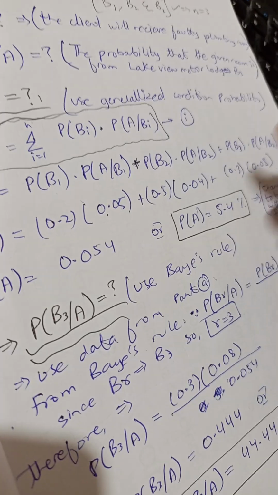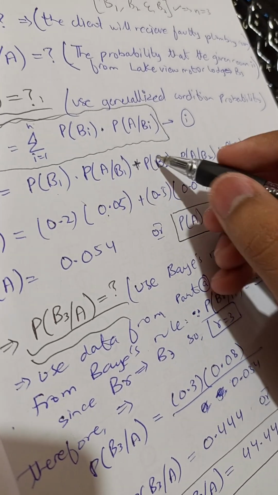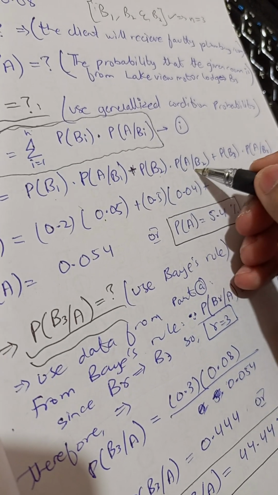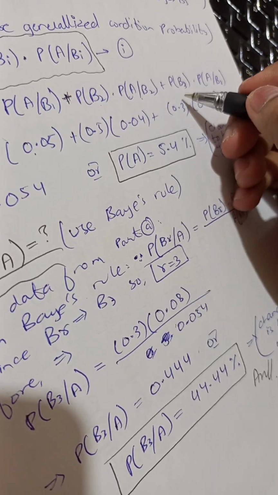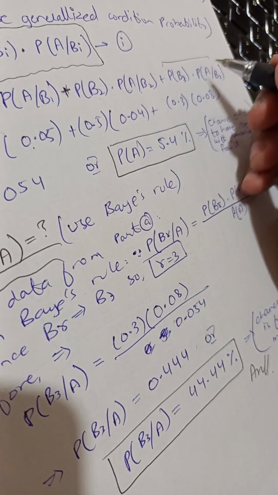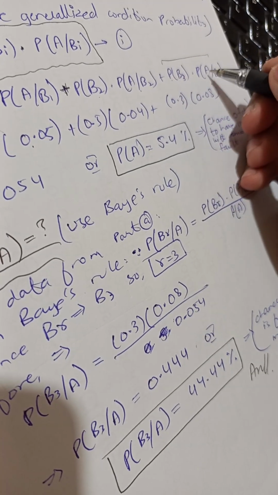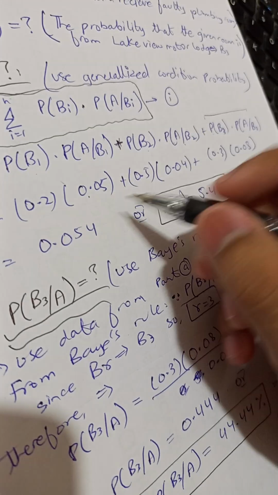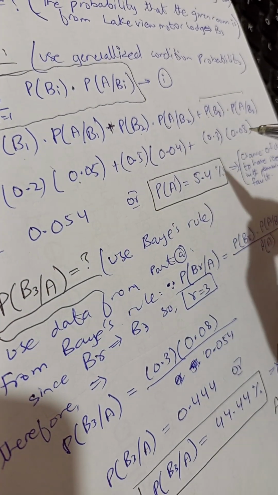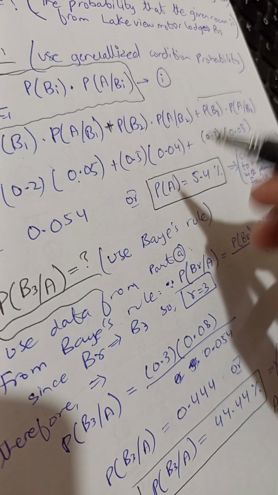Then we add probability B2 times probability A given B2. Then we add the third term, probability B3 times probability A given B3. After multiplying for each and then adding all together, we are going to be left